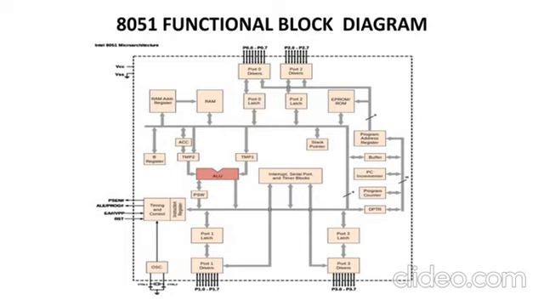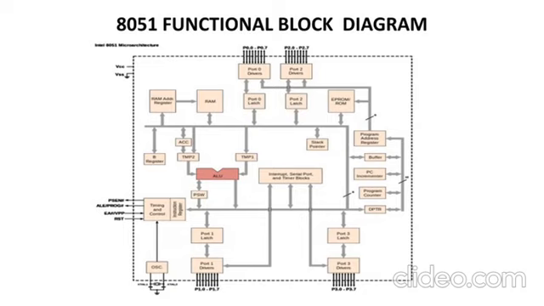In between you have port 0 and port 2. These are latches, and to those latches you have a port 0 driver and a port 2 driver. Port 0 and port 2 are connected to the ROM itself, because programs are stored in the ROM, and they carry the higher order and lower order address buses, so it needs to fetch from there. Whereas RAM is not connected, because RAM holds normal data, the user data, whatever we give in the program; that is what it will store. Next, below, you have DPTR.